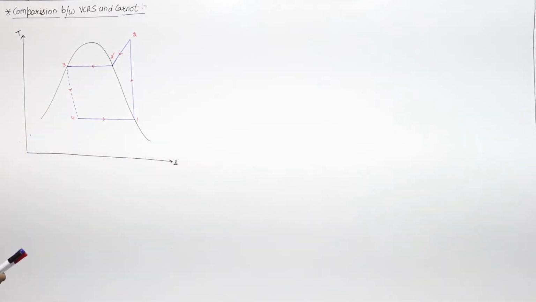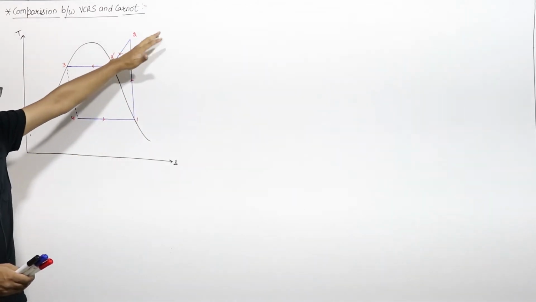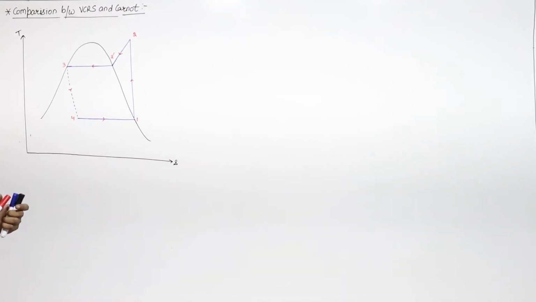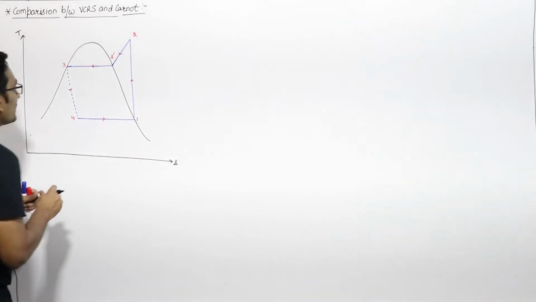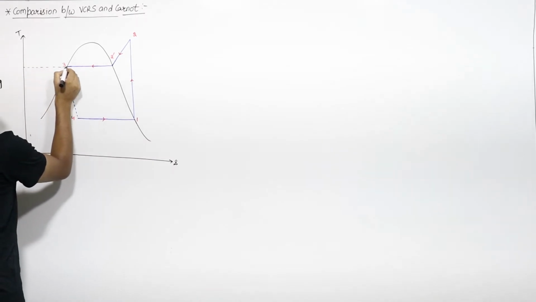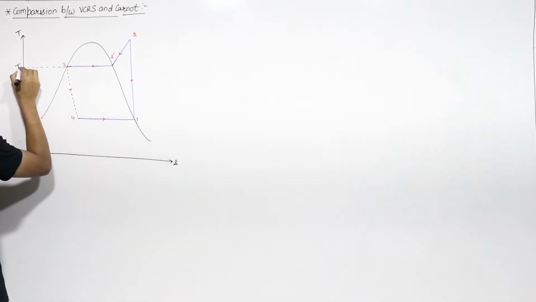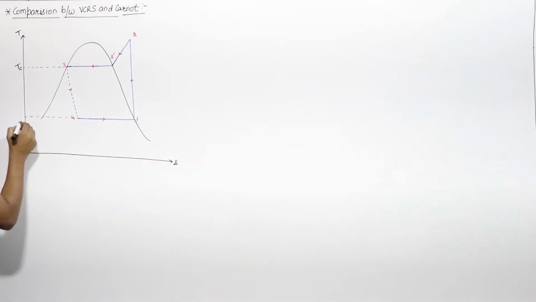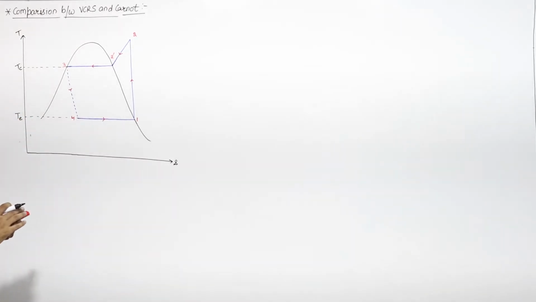So suppose this is the standard vapor compression refrigeration system. We have the process 1 to 2, 2 to 3 heat rejection, 3 to 4 throttling, 4 to 1 heat addition or heat absorption. And let us say that the condenser temperature at this point T3 will be TC, and the temperature here is TE.